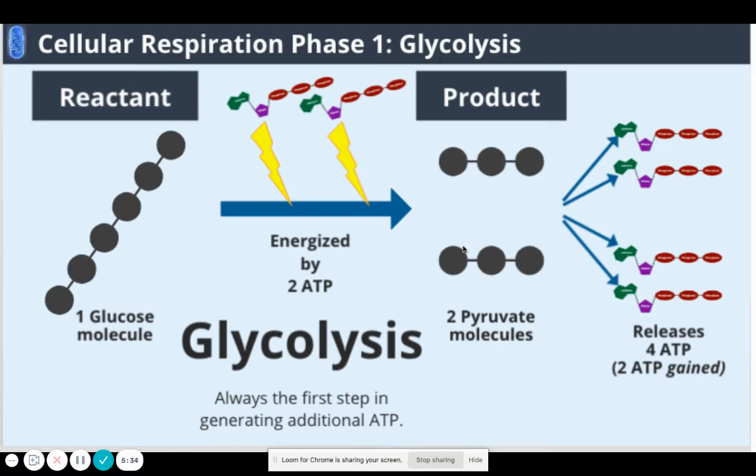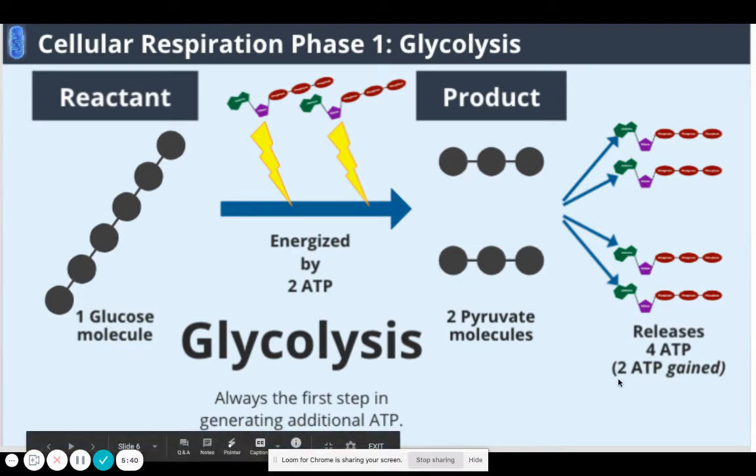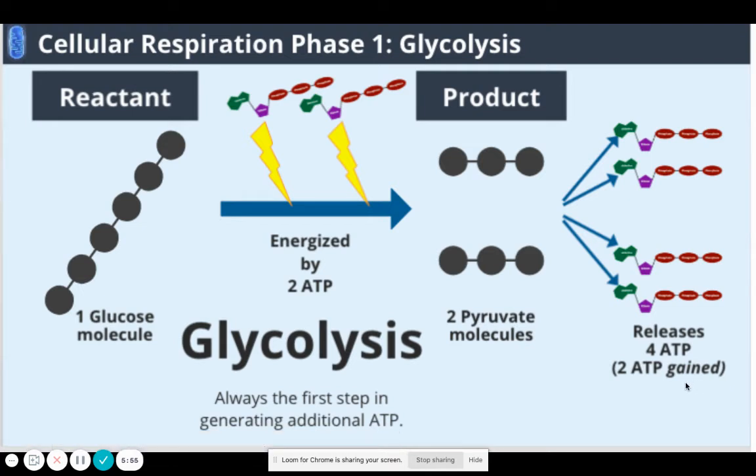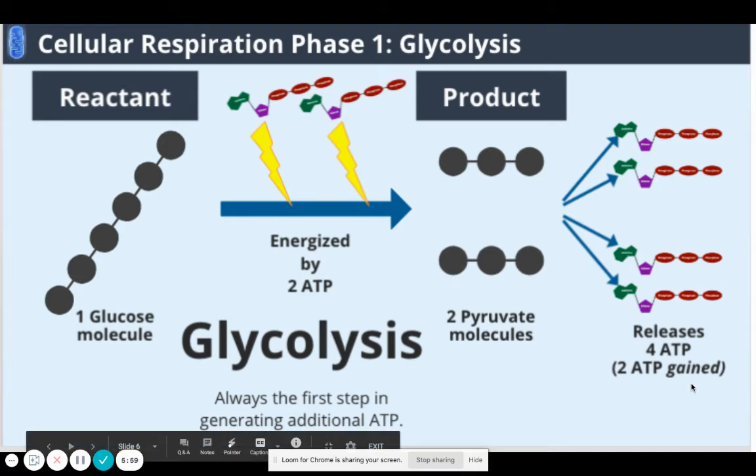And at the end of this whole process of glycolysis, in addition to making two pyruvate molecules, four ATPs are released. So you have released four ATPs, but you've used up two. So this is what the 2 ATP gained means. So you have gained 2 net ATPs. You had to use 2 to make 4, which means that you technically